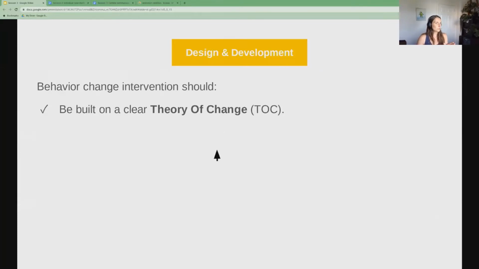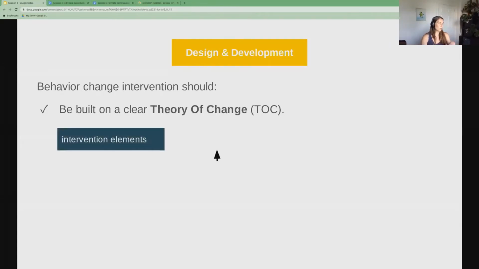So we've understood our audience, we've understood our actors, we've understood the context that they live in, what drives them, what the barriers are, and now we start to actually design and develop our campaign, our intervention. And one term that you will keep hearing, or that you might already be familiar with, is theory of change. When we talk about behavior change, it is basically breaking down what we're trying to achieve into 3 main